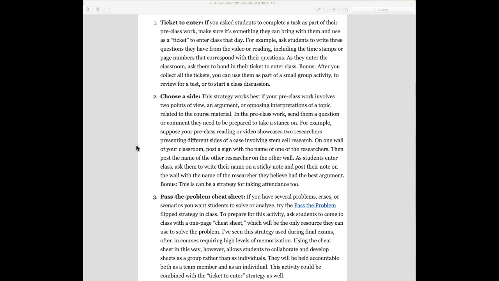Maybe you have each side of the argument at one table, and the other side at another table, or various parts of the room. Or they talk about putting poster board or big Post-it notes up on the wall in the classroom and having the students identify which one of those happens to be the point or the side that they fall on, and then they can get into a group